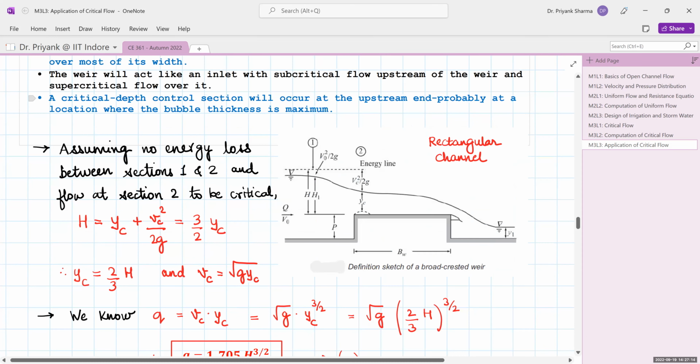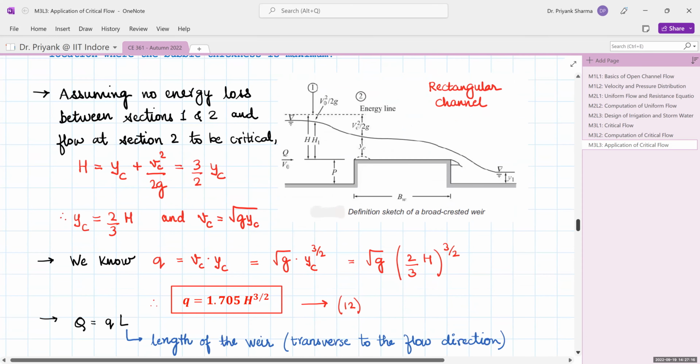So the broad crested weir, this is the schematic of a broad crested weir. You can see this width is sufficient. In a broad crested weir there is some change in the nomenclature. This is termed as the width, and whatever is transverse to the flow, that is termed as the length. So your parallel flow should occur along this width, and the critical flow criteria